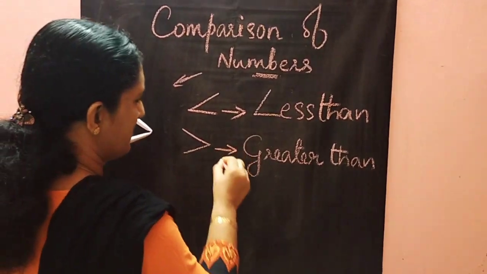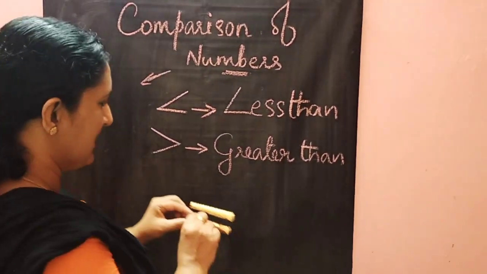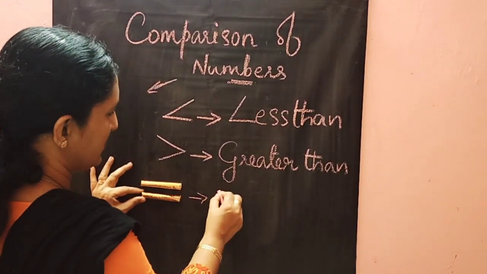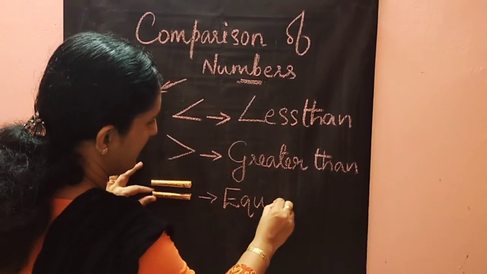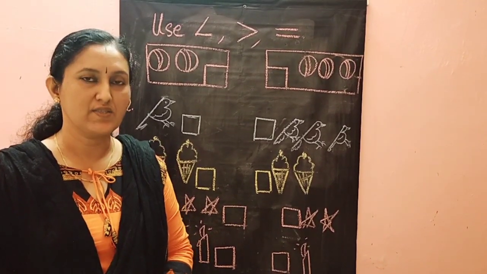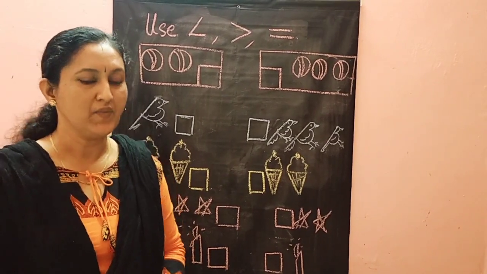And the last symbol we studied today, which is that? Yes, this one, the equal symbol. To represent equal to, we will use this. You have to say which symbol we want to use. Okay, look at